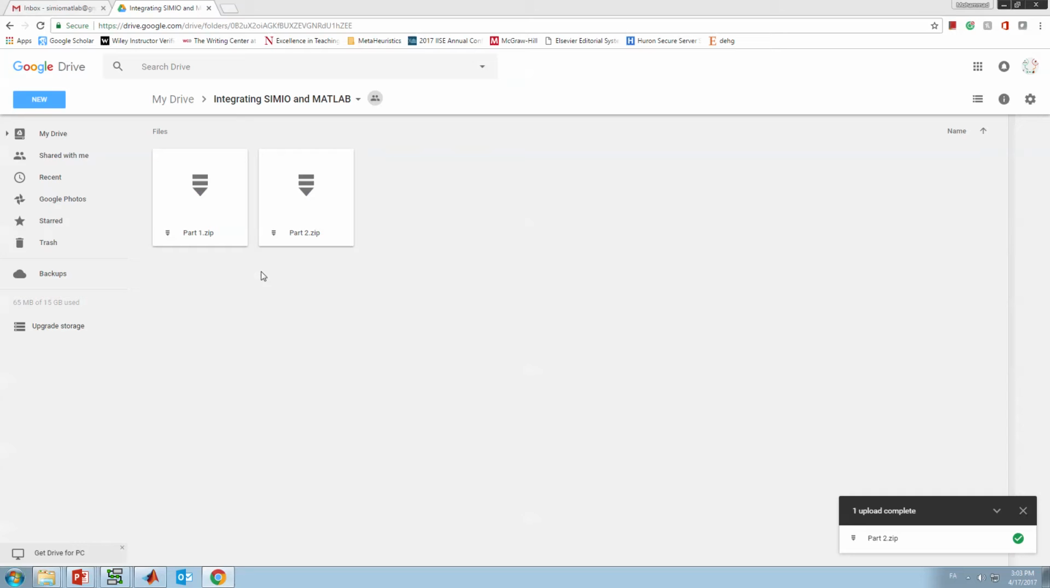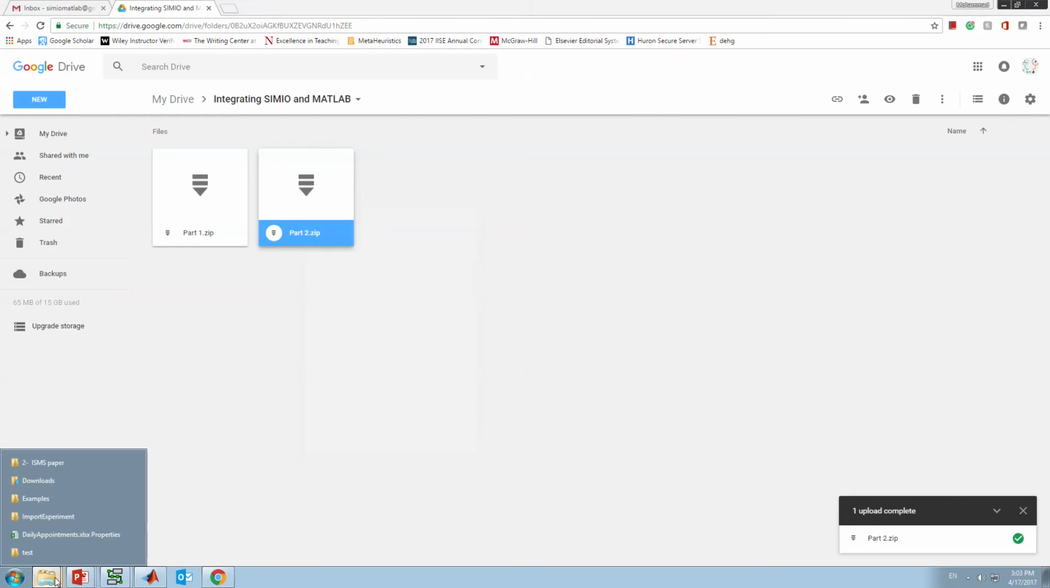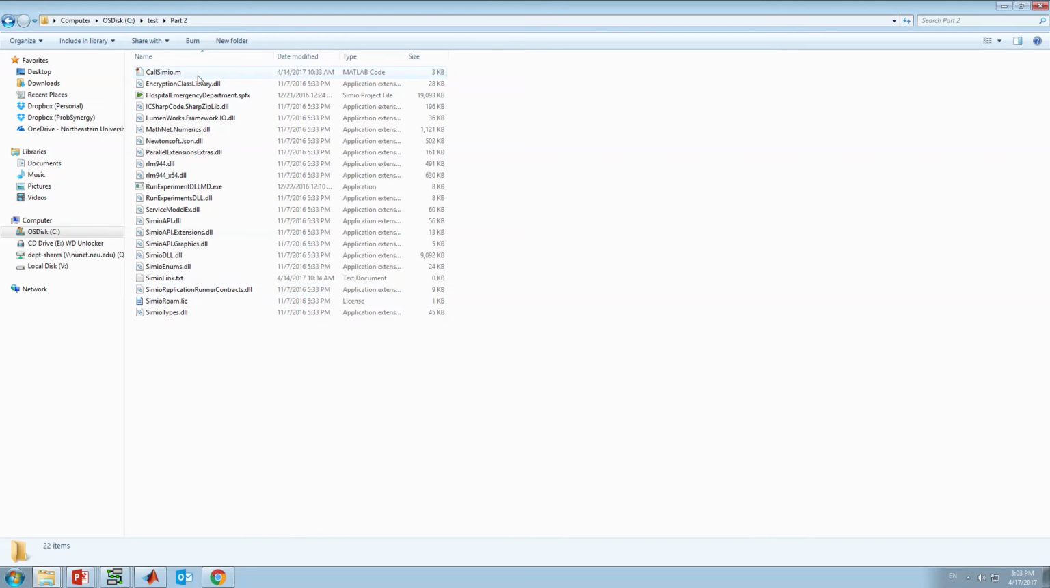Basically, you download this part 2, right click and say download, then unzip the folder. If you unzip this, you get part 2 like this. There are multiple files inside, and one thing you have to make sure of is that you have your simulation model inside this folder. The example I picked is the Simio example hospital emergency department, which you can also get from your Simio example directory. So if I open it,